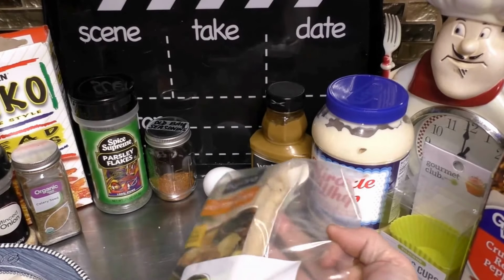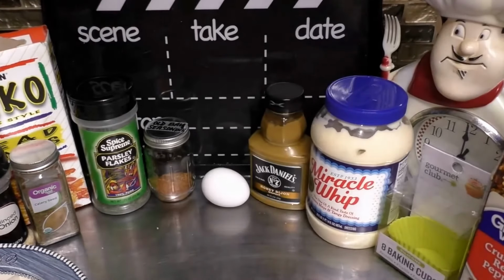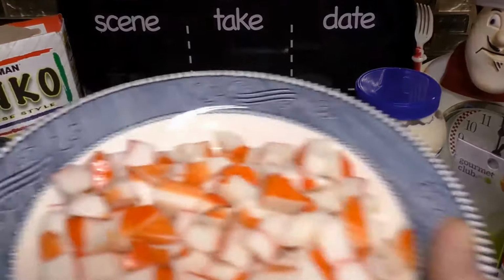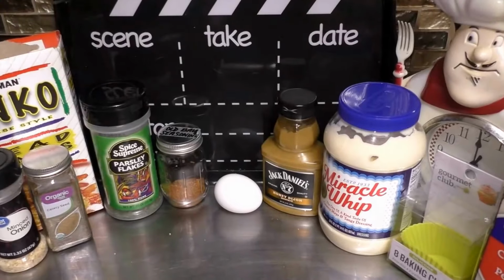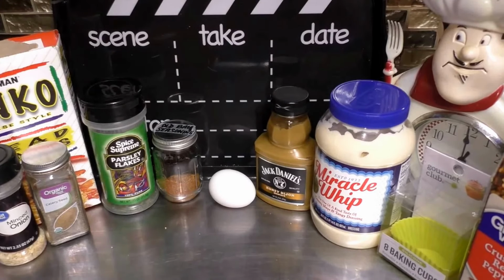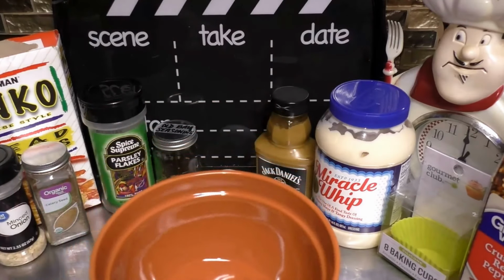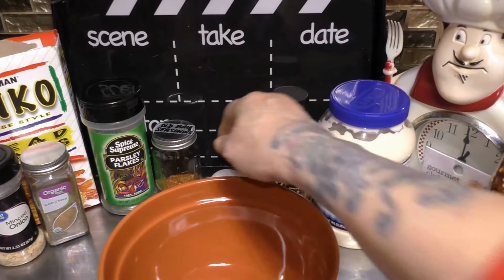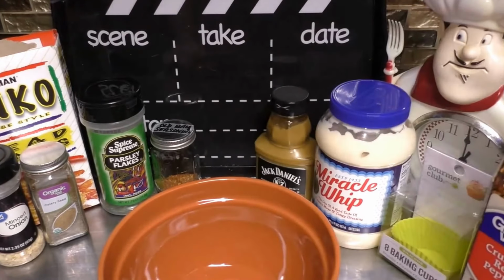Now, I'm also going to take the wonton wrappers off to the side, along with the imitation crab, because they'll come in handy a little bit. But now I have a bowl here, and what you're going to want to do is put in one egg,